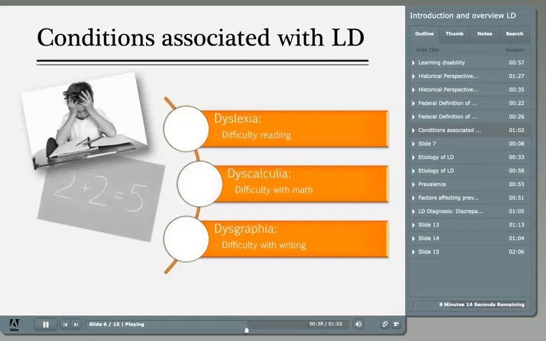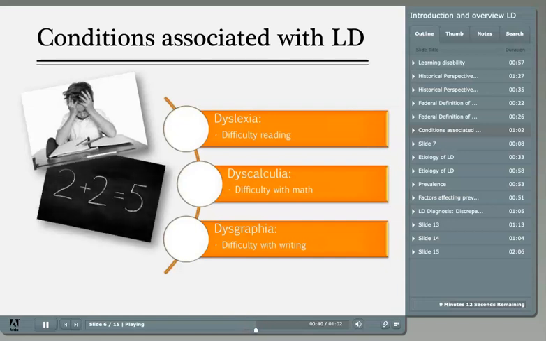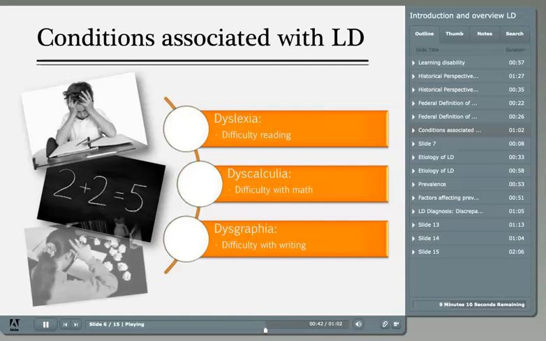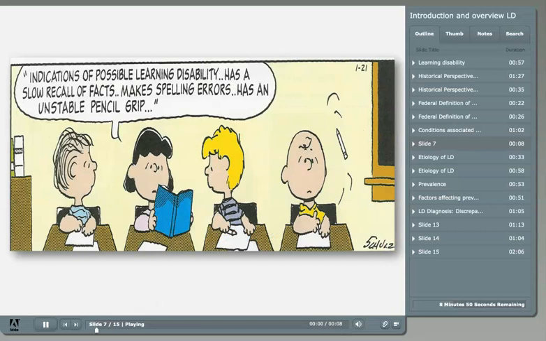Thus, a child experiencing great difficulty learning how to write or learning math can be said to have dysgraphia and dyscalculia respectively. Dyslexia, dyscalculia, and dysgraphia are just terms used to describe children who have difficulty learning to read, do math, and write. They don't provide any special insight as to why they are having problems learning. I'm sure, just as this comic shows, each one of us can find some of these characteristics in ourselves.